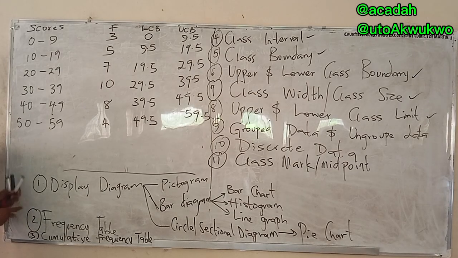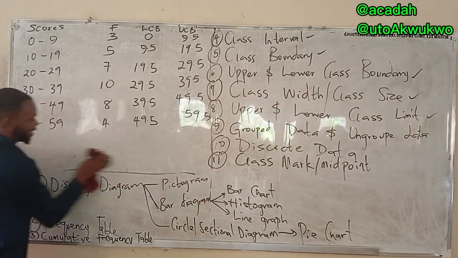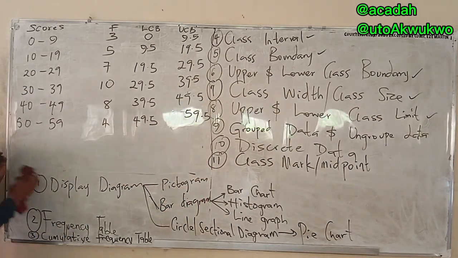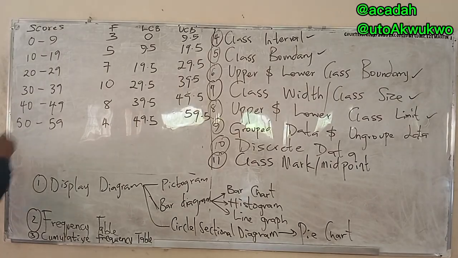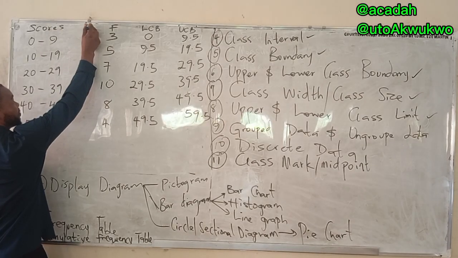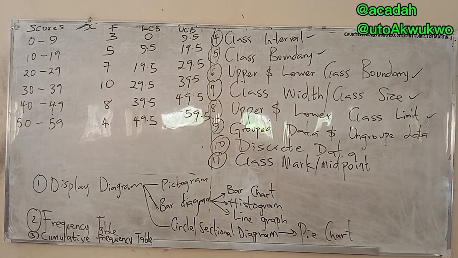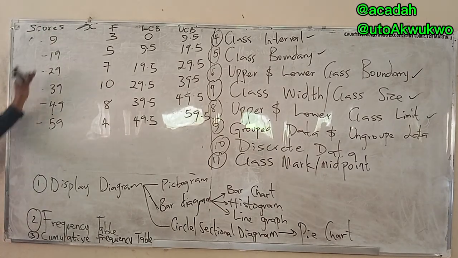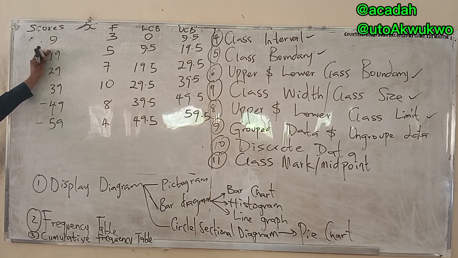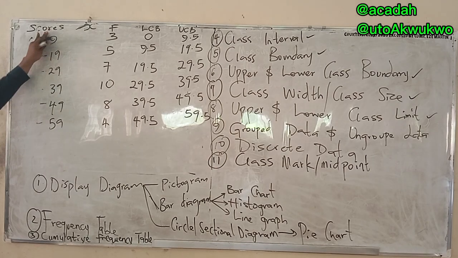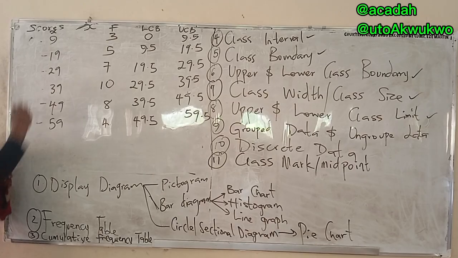So the class mark, for anything, class mark is simply the midpoint. Another way to put class mark is to call it X. Class mark is also X. So for an ungrouped data, let's say I was given these things like this. It becomes ungrouped data automatically. That means my X will just be this thing. This will just be my X.